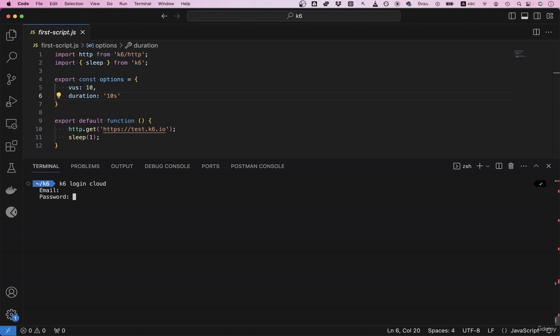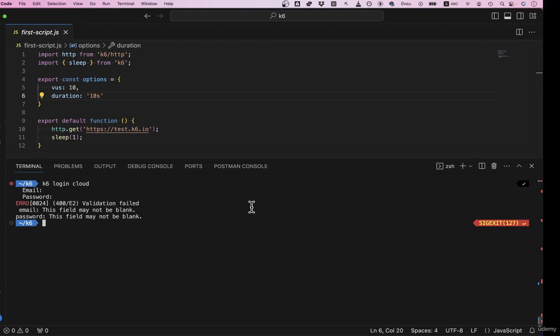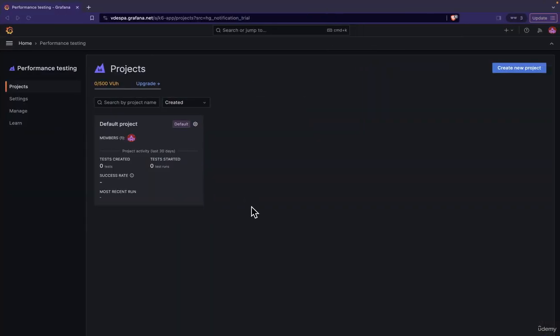For some people, this approach will not work. So I want to show you a different approach. In this approach, we will be generating an API token and using that to log in. To generate the API token, we need to go back to K6 Cloud. So from this page where we can see here performance testing and we can see our K6 project,